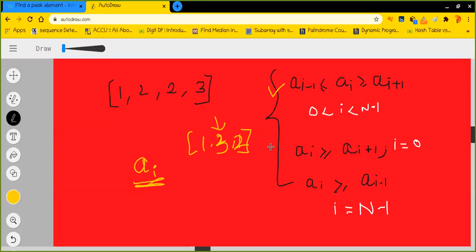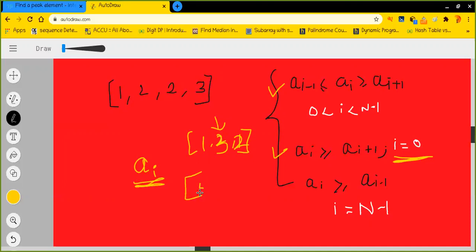Now let's look into the second case. The second case says that a of i should be greater than or equal to a of i plus 1, that means the right neighbor, and this should be considered when i is 0.